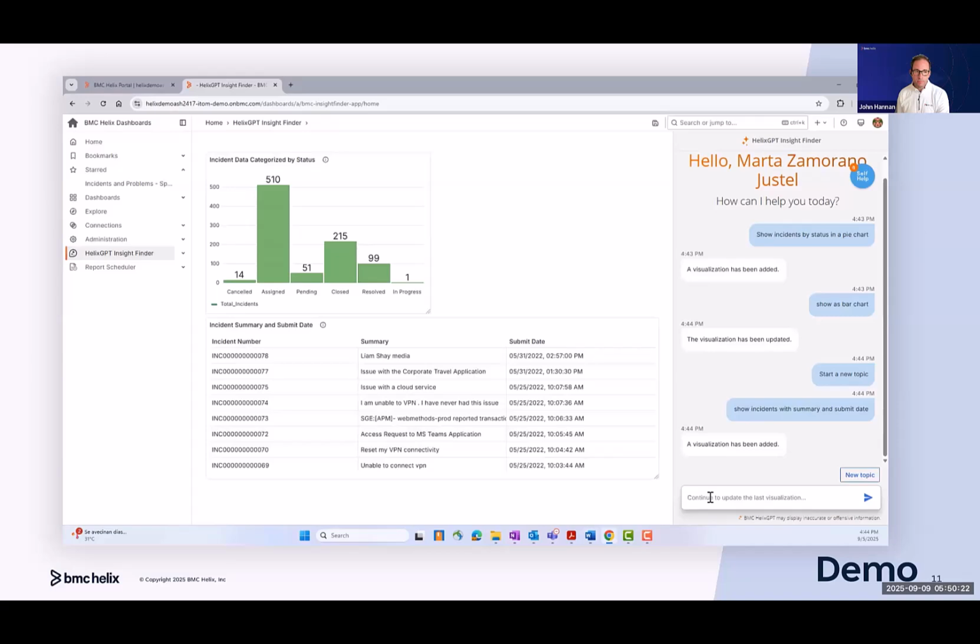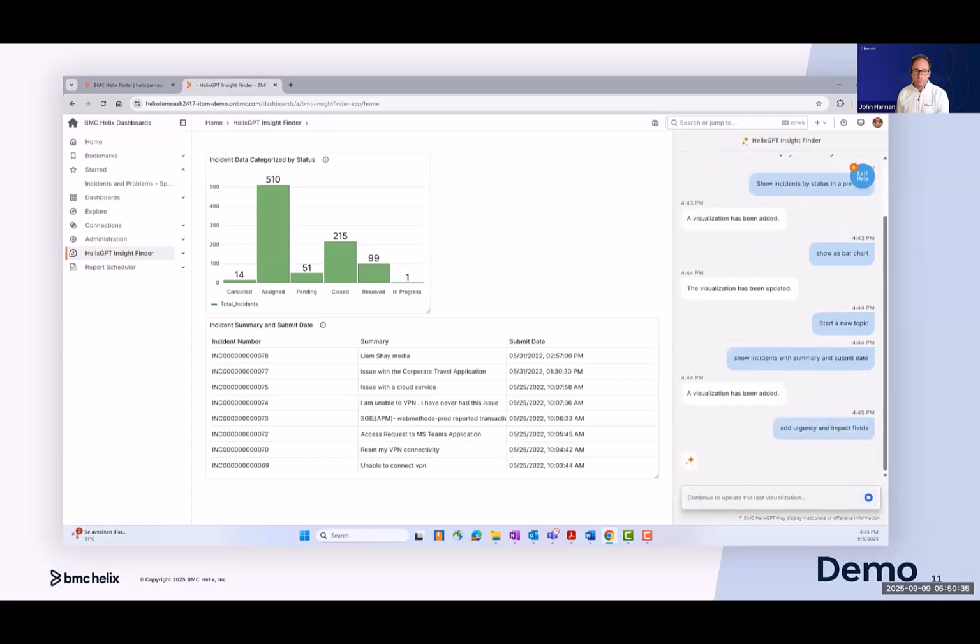But now I forgot that I wanted to add other fields. I forgot urgency, I forgot impact, and I am going to add the fields on the table. So clicking here, the system, the agent, is going to do the modifications to add these fields. Once this is done,